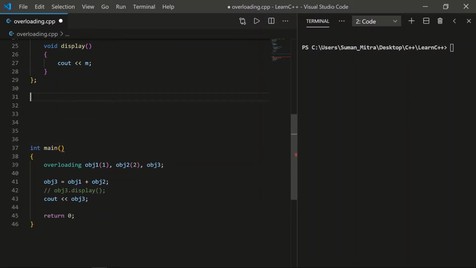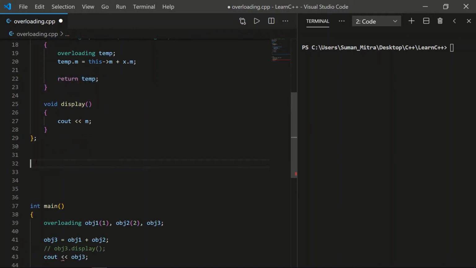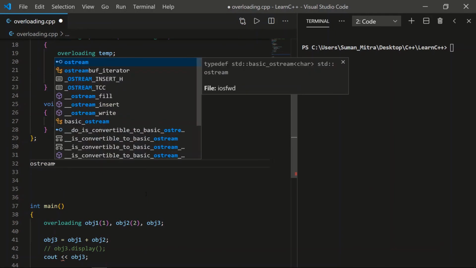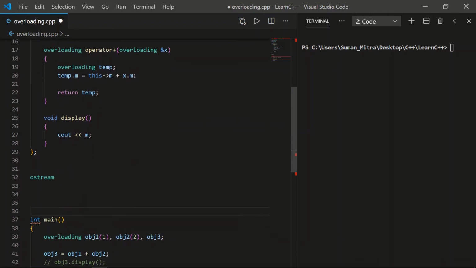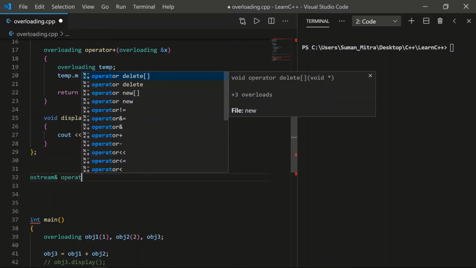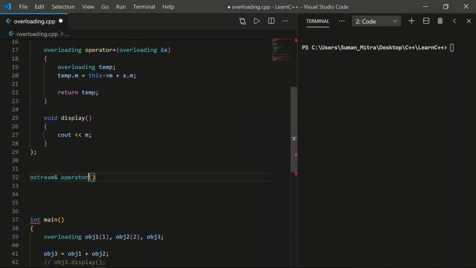This operator has a return type of output stream, because this is for giving some output result. In the previous one we used the class because we wanted it to return an object of a class. Now we'll use one more, that's ostream. Ostream comes from the iostream that we include, for the input output stream. So now we need the output stream, so we'll write ostream and put the ampersand. Now write the operator, and what is the operator that we want to overload? We want to overload this operator.